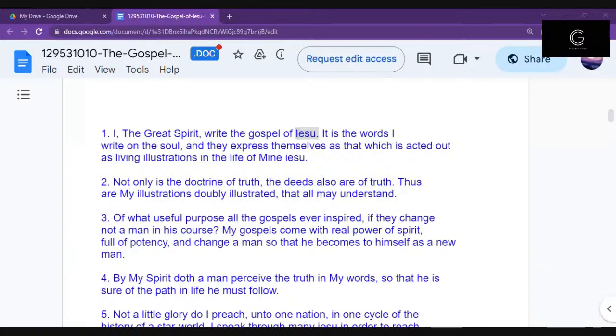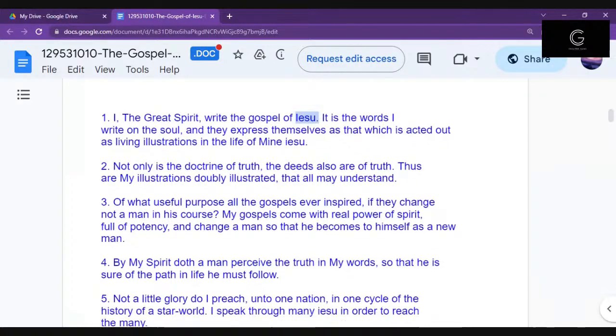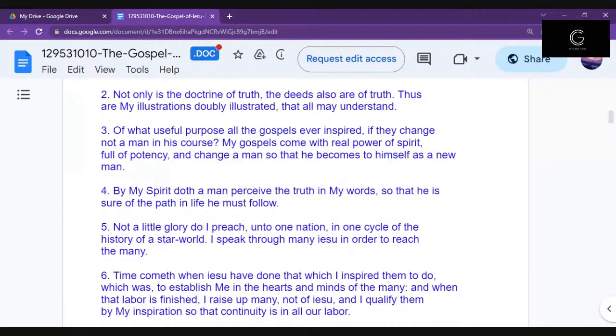By my spirit doth a man perceive the truth in my words, so that he is sure of the path in his light in life he must follow. This is why he tells you to follow your highest light, not somebody else's, yours. Because man can perceive the truth in the words of the Creator second hand, third hand, fourth hand. By the time we got it,